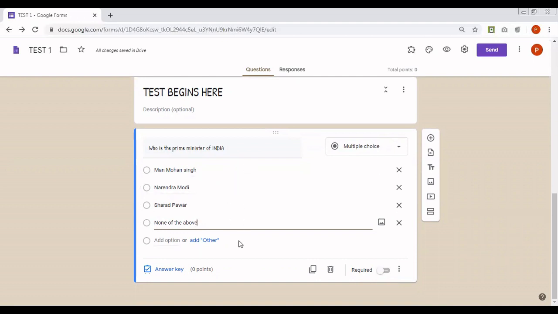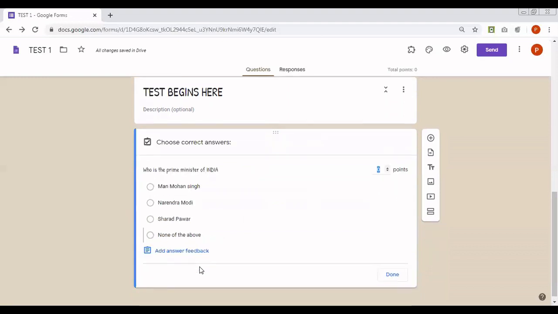Let us see how to give the marking scheme for this question. For this, you click on this answer key which appears at the end of the question that you have inserted. As soon as I click on this, it will ask me to enter the points which should be assigned to this question. I would like to give 2 points for my question.